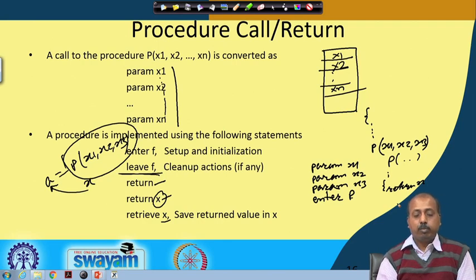Thus we see that the basic procedure call and return is also implemented in three address code, so we can implement procedure calls, subprogram calls and returns. This three address code is not very simple or very low level. At the same time, it is not very high level either.